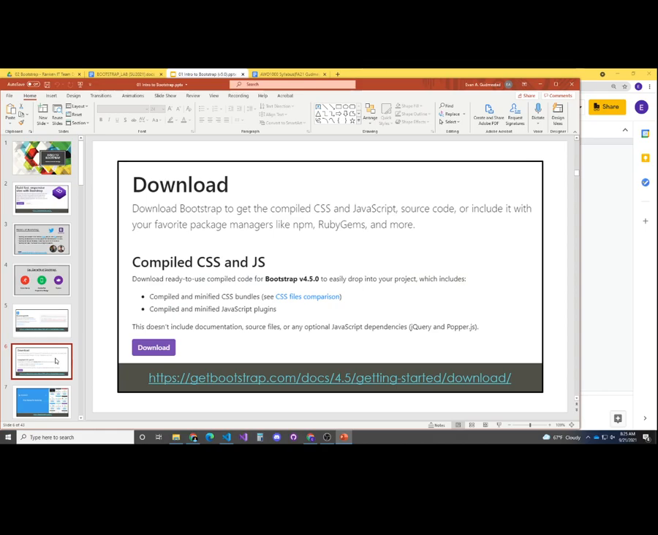If you didn't want to use the CDNs, okay, you could download the JavaScript files that you need. You could download the CSS files that you need, and you could link to them locally. Why might you do that? Well,